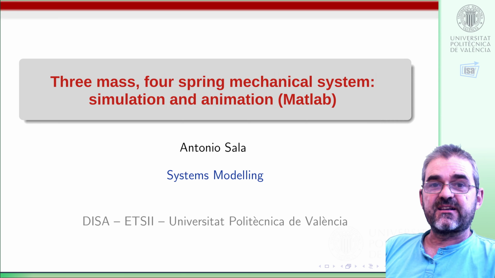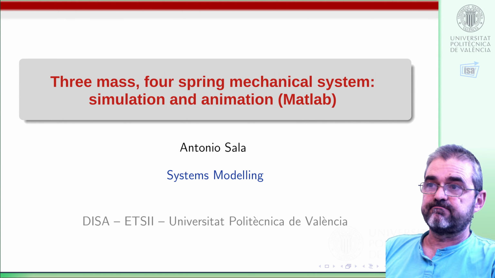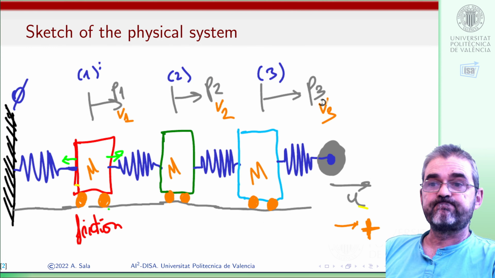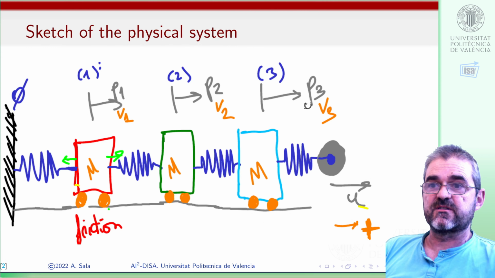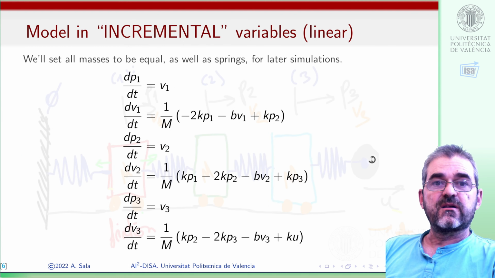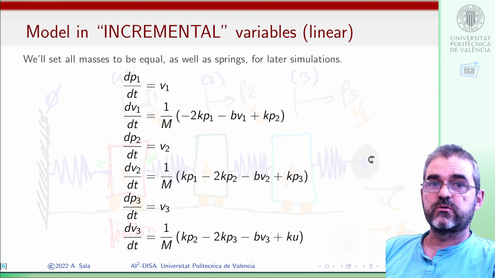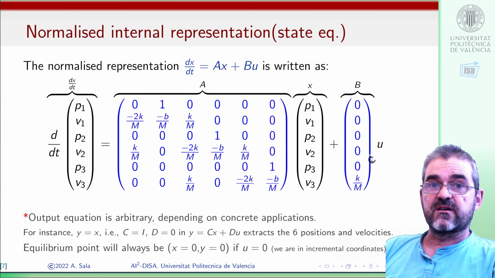Hi, I'm Antonio Sala, and in this video we'll discuss how to animate a simulation of a 3-mass 4-spring system which we modeled in previous videos. This was the system. Input was the displacement of the rightmost end. These were the differential equations, all masses and spring constants being equal, and this was the normalized matrix form state